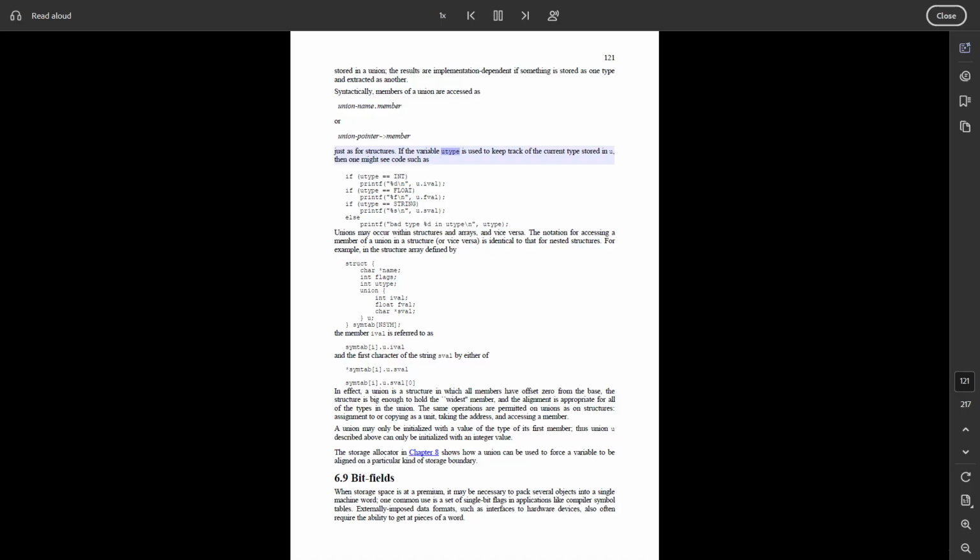If the variable utype is used to keep track of the current type stored in u, then one might see code such as: if (utype == INT) printf("%d\n", u.ival); if (utype == FLOAT) printf("%f\n", u.fval); if (utype == STRING) printf("%s\n", u.sval); else printf("bad type %d in utype\n", utype);